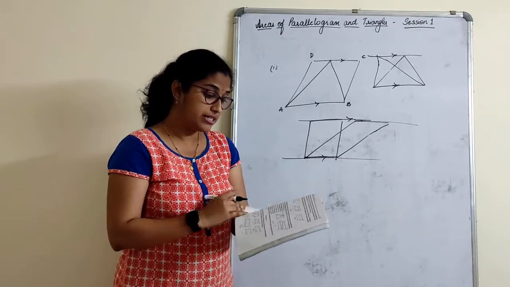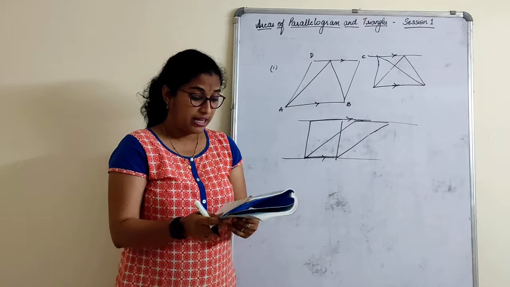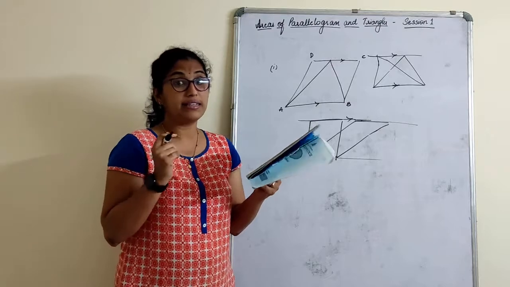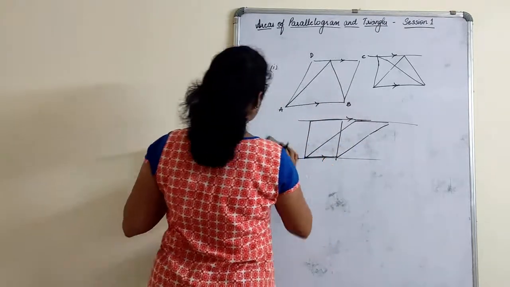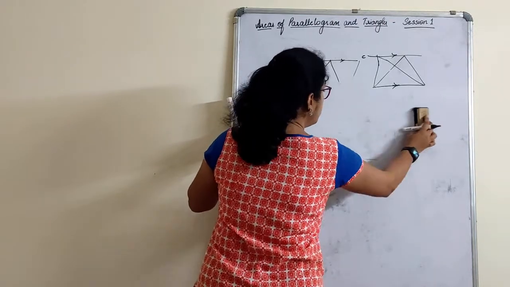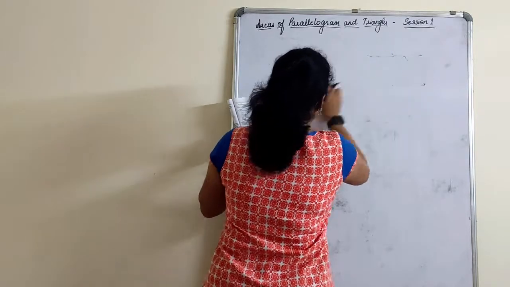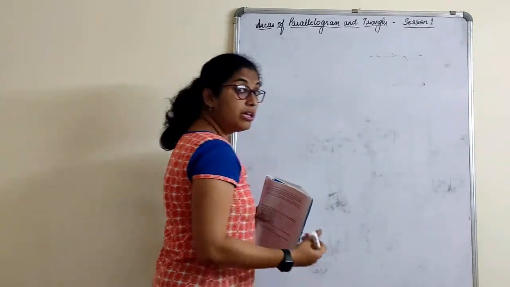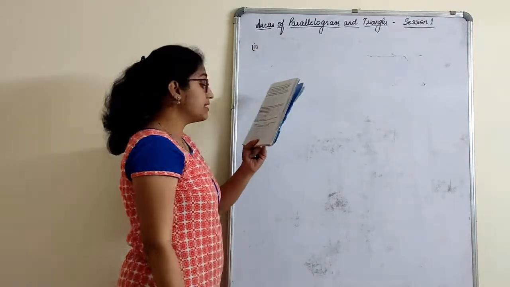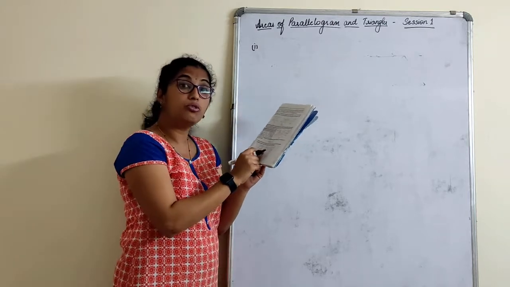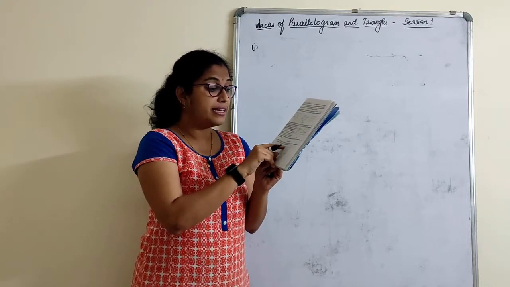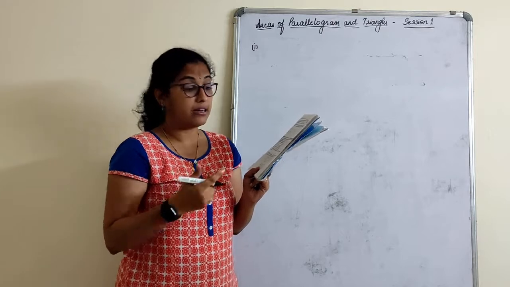Let's quickly start with the first exercise. I'll discuss this orally and you can just make a note in your book. They have given 6 different figures here. Which of the following figures lie on the same base and between the same parallels? First we'll identify which ones lie, and then we'll write about those. Figure 1 lies between the same parallels and on the same base. Does figure 2 lie? It lies on the same base but has different parallels, because MN and PQ are different, so it is not between the same parallels.